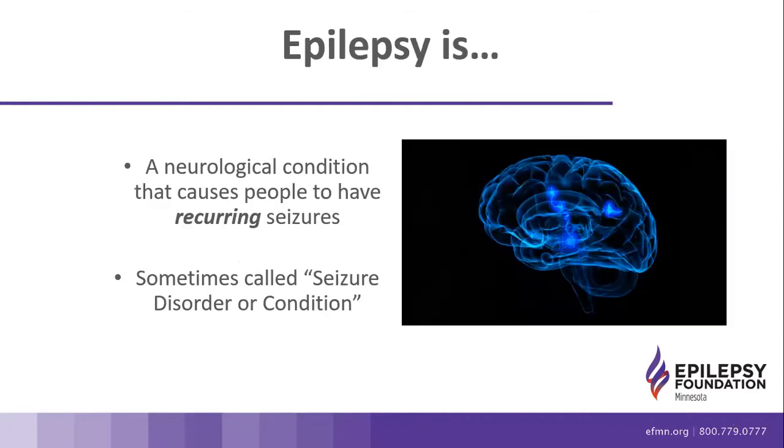So let's move on and talk about what epilepsy is. Epilepsy is a medical condition. It's neurologically based in the brain, and it is characterized by a person having reoccurring seizures. And so what are we talking about? Let's say a person has one seizure, they go into the doctor or they go into the emergency room. Typically, they will not be diagnosed with epilepsy at that first seizure, because we know that in order to be diagnosed, you either have to have more than one seizure, reoccurrence happening, or there are certain conditions that have